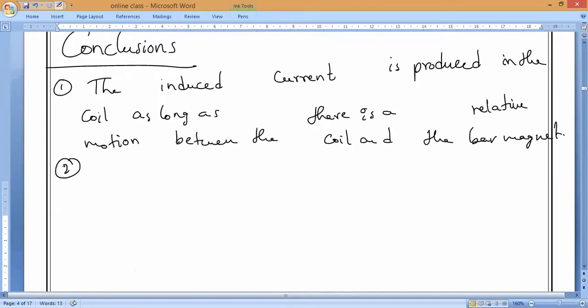Next, second conclusion. If it is kept stationary, either inside or outside, then there is no deflection. Next, the direction of deflection. Is it reversed or not, guys? Every time it is reversed. Going inside, one direction; coming outside, another direction. The direction of deflection in the galvanometer